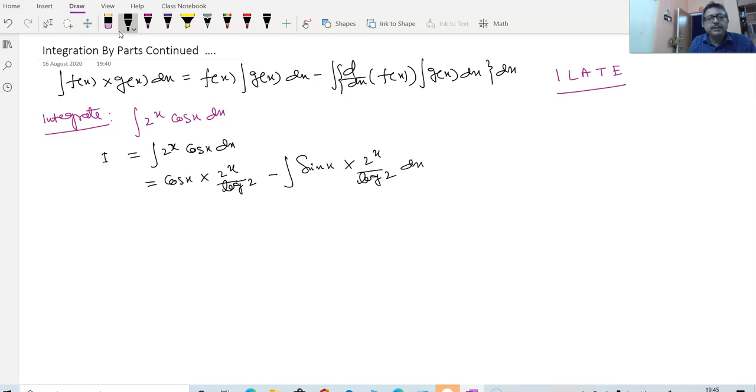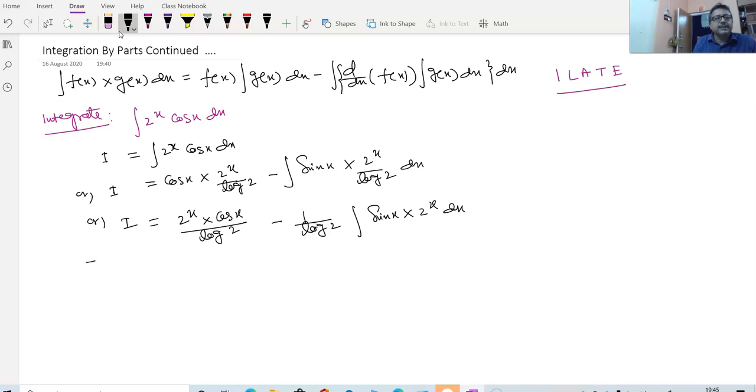See, the sum is not changed at all. Why? Because the term which you are supposed to integrate has taken another form here: 2 to the power x log 2 minus 1 by log 2 into integral of sin x 2 to the power x dx. So I will be equal to 2 to the power x